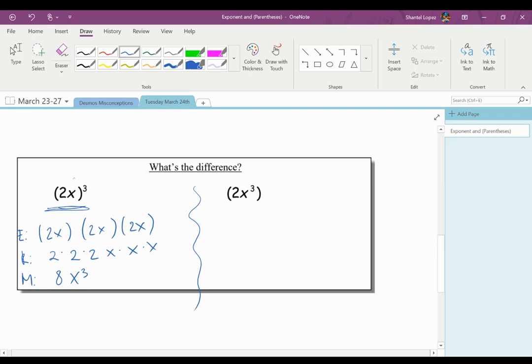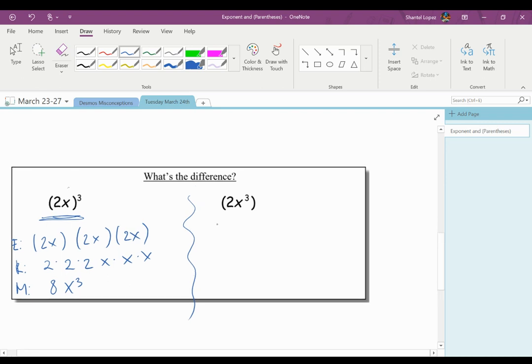All right, let's look at this one. Expanded would look like 2 times x times x times x. Rearrange, same thing, nothing really happens. Now if I were to multiply, it would just be 2 times x to the power 3, or 2x to the power 3. So when you're doing these problems, beware of where that exponent is in terms of the parentheses. Is it on the outside? Is it on the inside? What is it